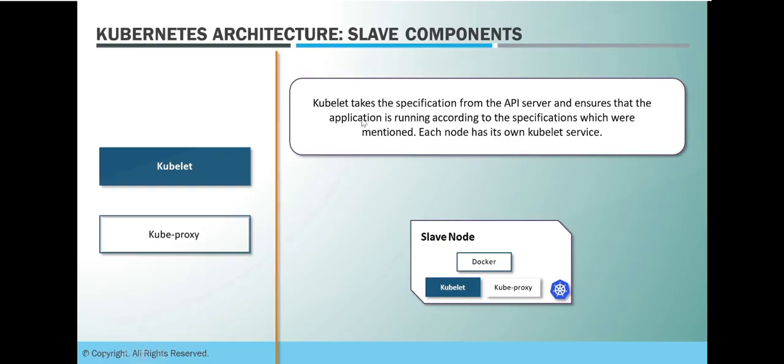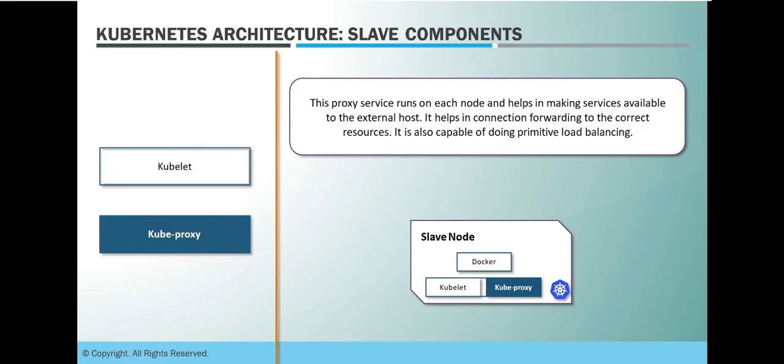So this is a very important service or component of every slave node in order to make your node alive and healthy. So that's where each node needs to have its own kubelet service locally, right? So this is the need of kubelet on slave nodes.